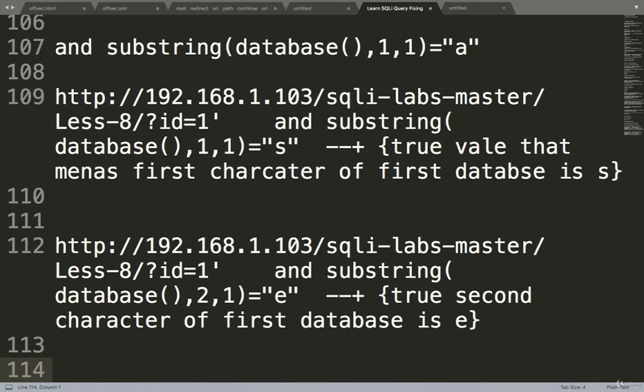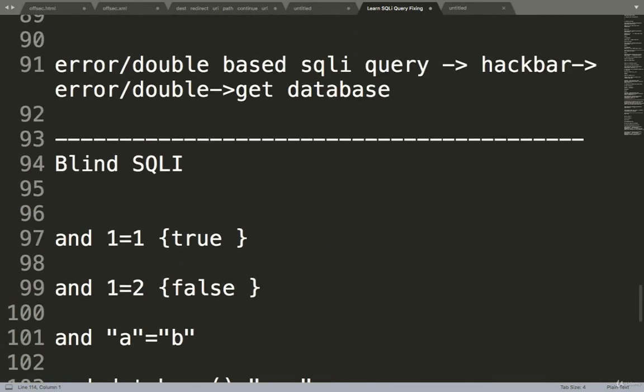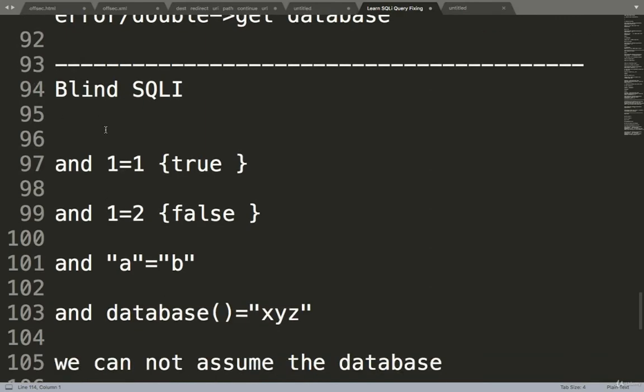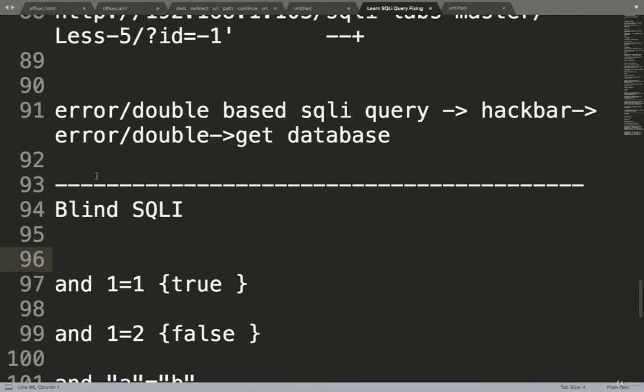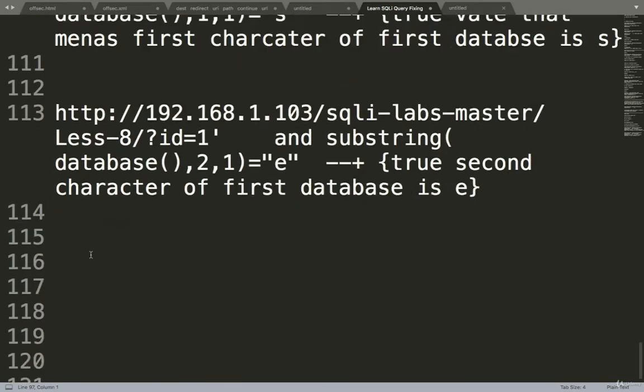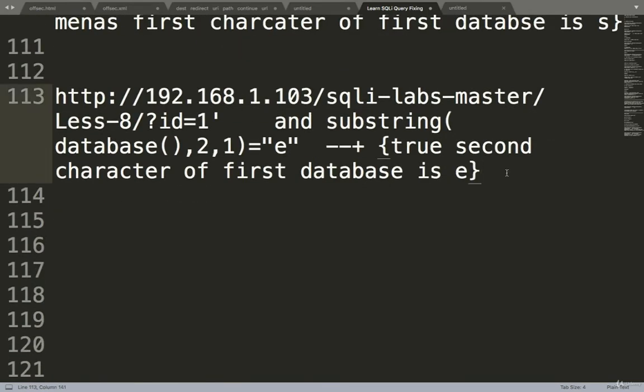So likewise you have to try, but this is very difficult for the exploitation part, so don't worry, I will tell you the automation later on. So this way we have identified that there is a vulnerability, and that there is a blind boolean based SQLi. Blind SQLi has two types, one is blind boolean based SQLi and another one is blind time based SQLi. We'll see blind time based SQLi now.